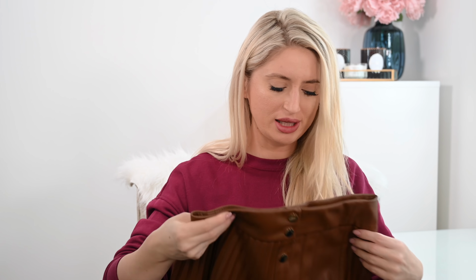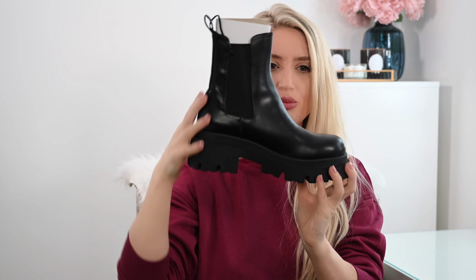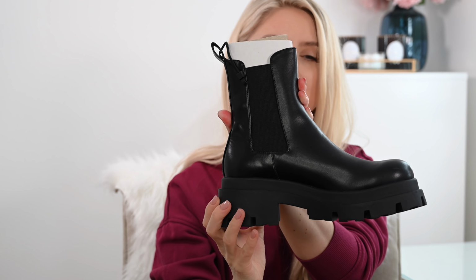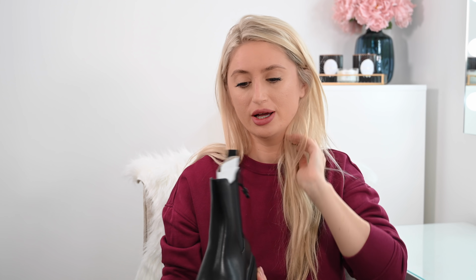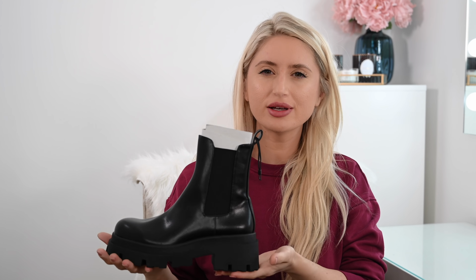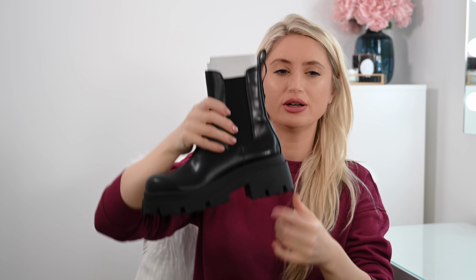And I bought something else. Let me show you. I have it right over here. I bought these boots, these chunky boots, which I think are super nice, and I think they would look so beautiful on my leg. The size is 36, which basically is a 3 in the UK, if I'm not wrong. But I can't wait to try them on and to wear them because they are not heavy at all, you know. I think they are super comfortable. They have a little bit of a heel here, which will help me to look a little bit taller